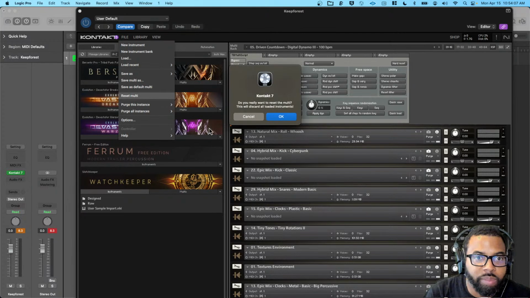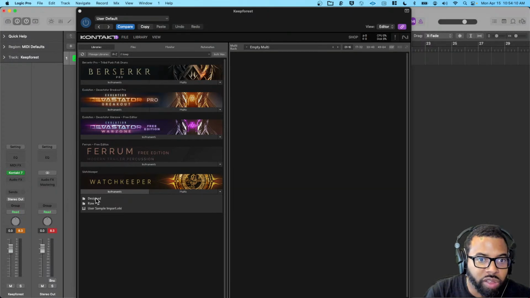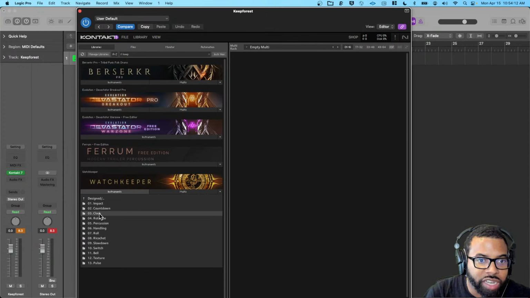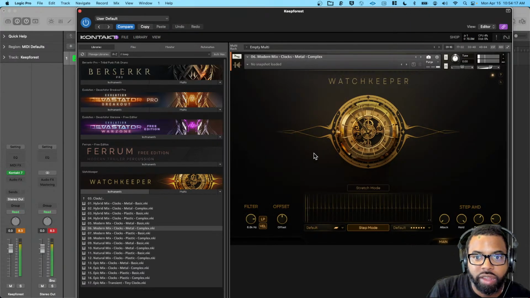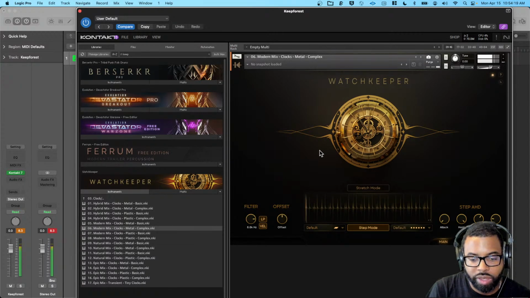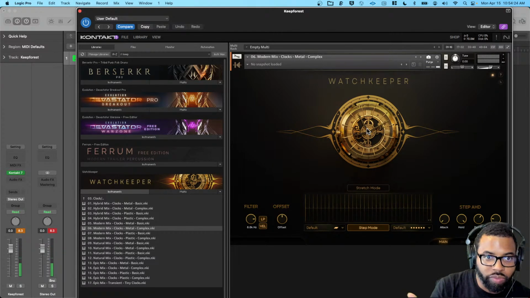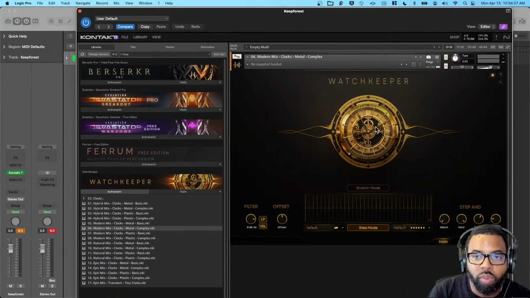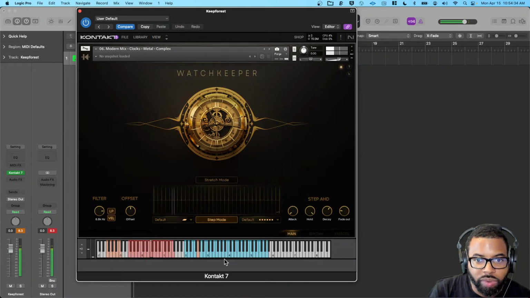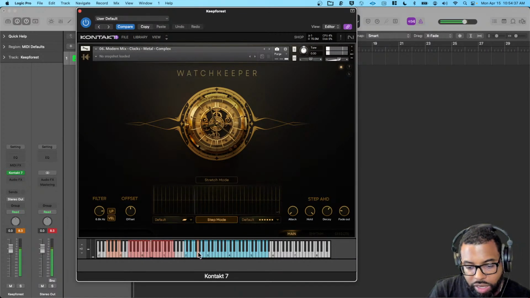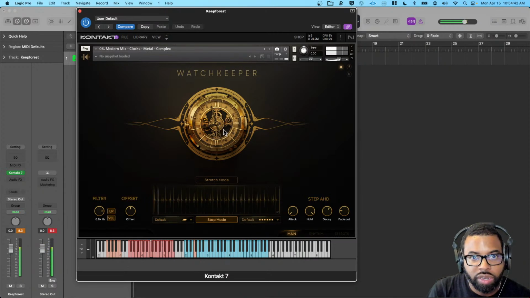If I go to File, Reset Multi, to reset this to zero, and I'm going to go into the designed instruments, and I can just go to a typical clock. Let's go to Modern, Mix Clock. What I like is the UI. I have a review of this on the Samplist YouTube page where you can see how I dive into some of the settings here. But when I hit each note, I'm playing the same note. I think I'm playing the G or the A. I'm playing the A, but every time I hit a note, you see the clock turns,